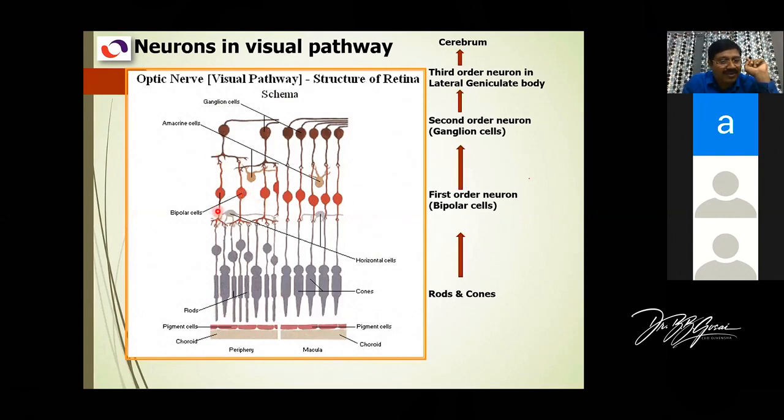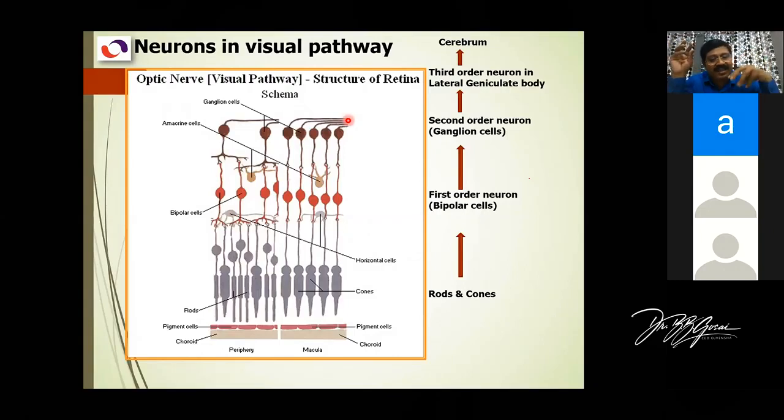Bipolar has two poles. It's a type of neuron, as you know very well. So it's a bipolar neuron, and the name is retinal bipolar cells. So this is the first order neuron. Then it will relay, and there are different other cells, but ultimately it will relay to the ganglion cells. So ganglion cells are second order neurons. These cells will go to the geniculate body, which we'll see in the next picture. The neurons of the geniculate body are third order neurons, and they will finally end in the visual cortex in the occipital lobe of the cerebrum.